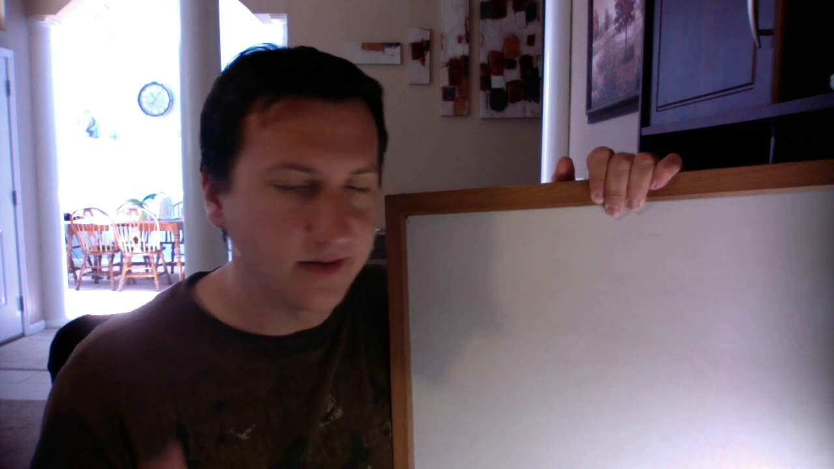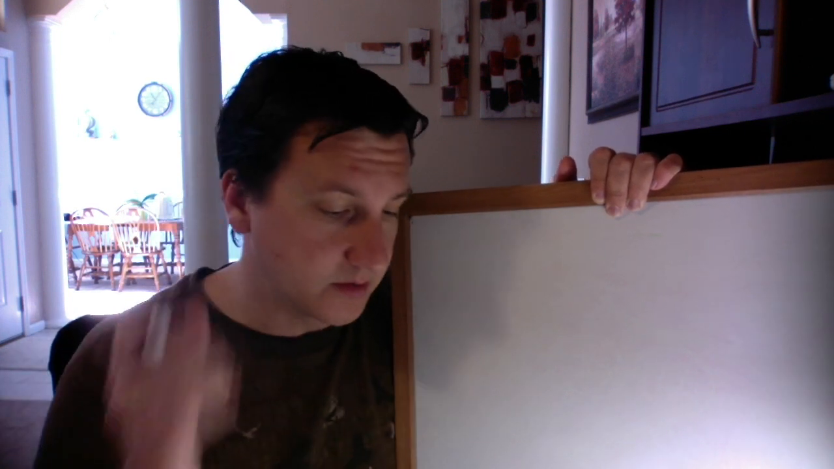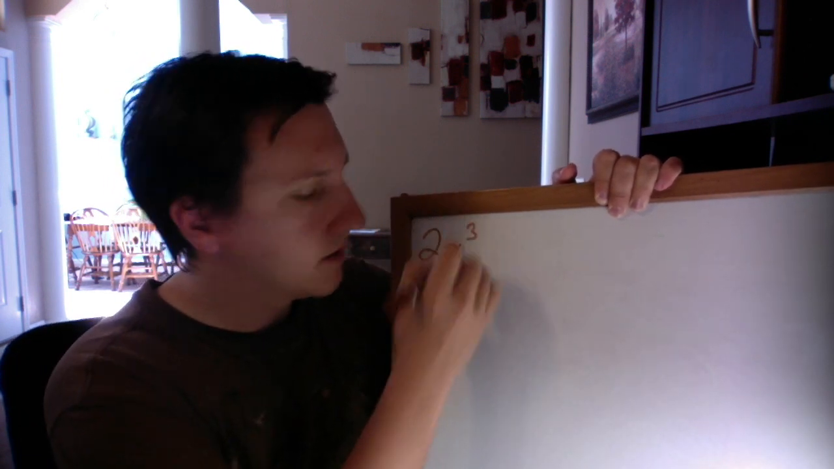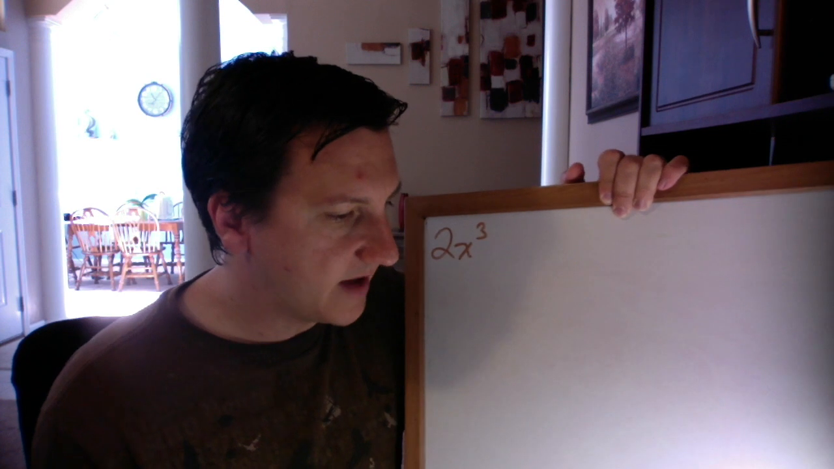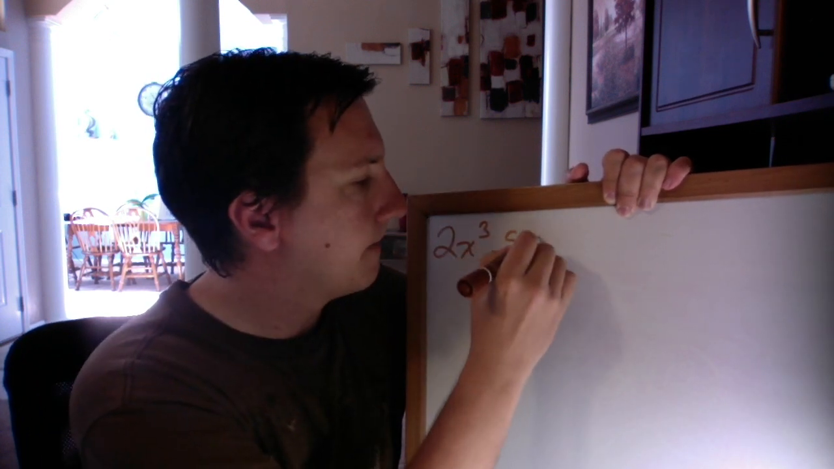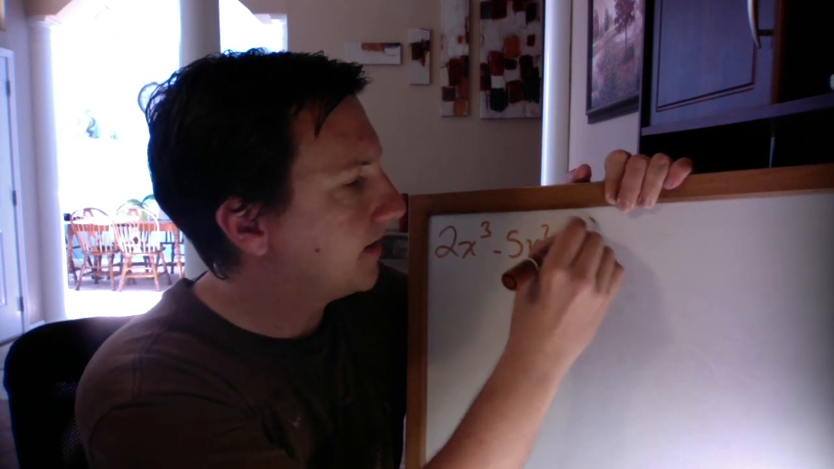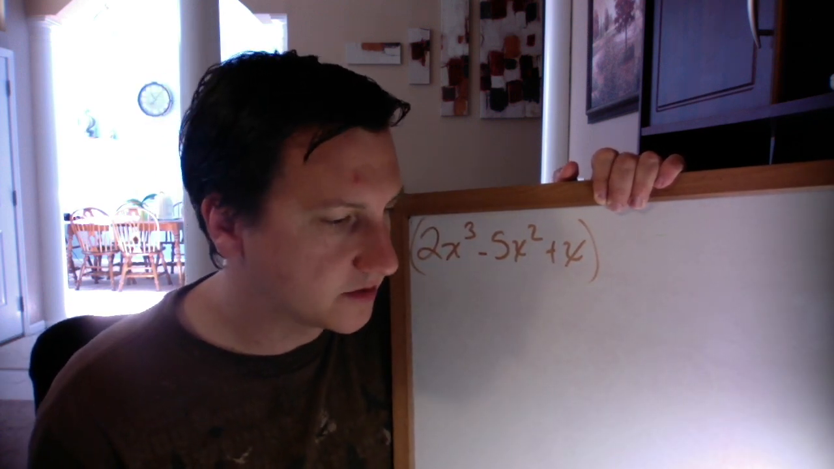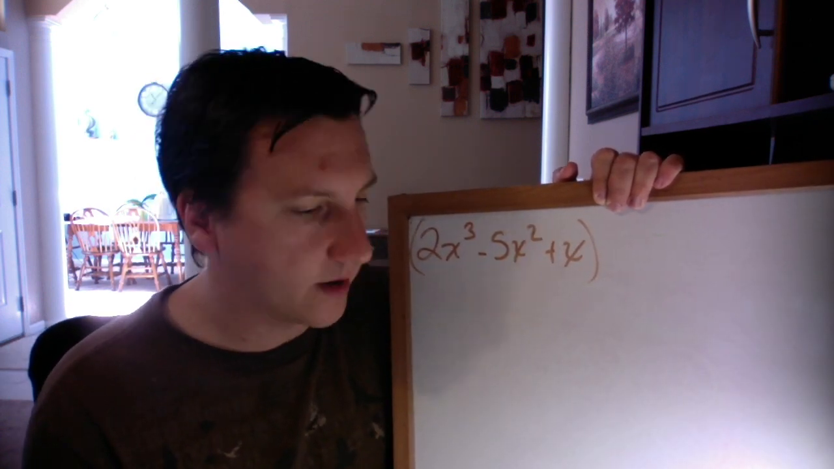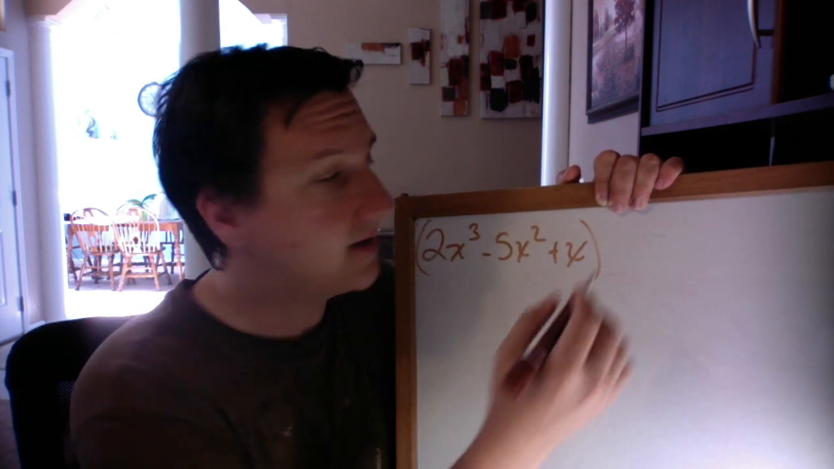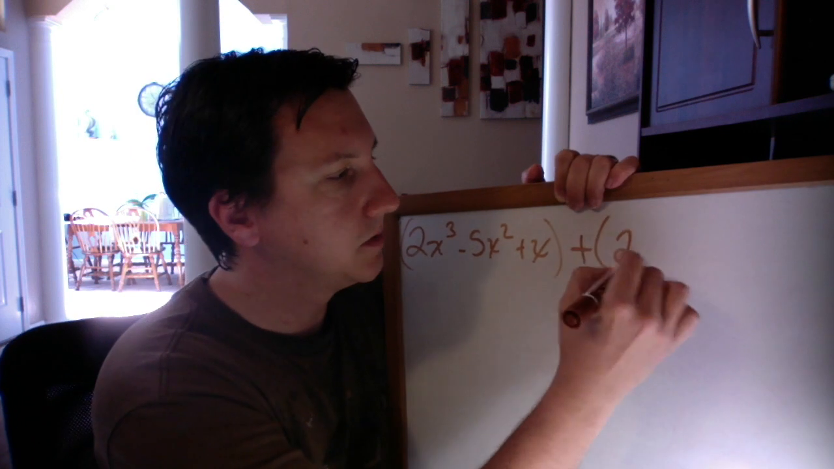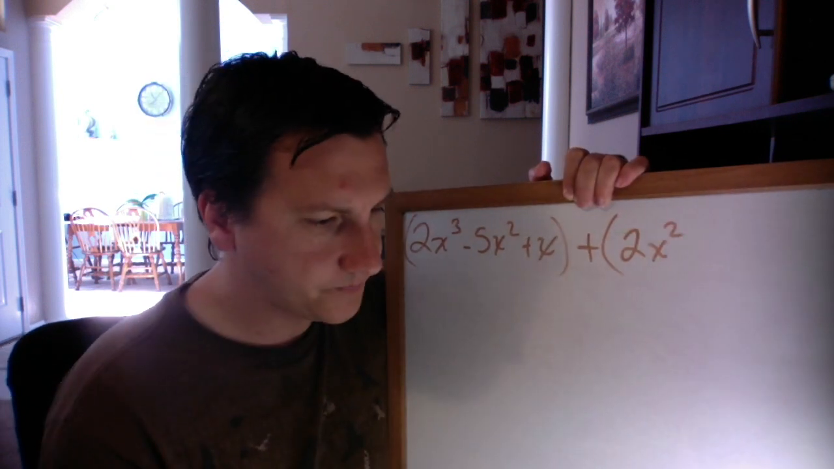It says to find the sum, or to add the polynomials, and I'm on page 555. So the problem is 2x cubed minus 5x squared plus x, and that's in parentheses, plus, and also in parentheses, 2x squared